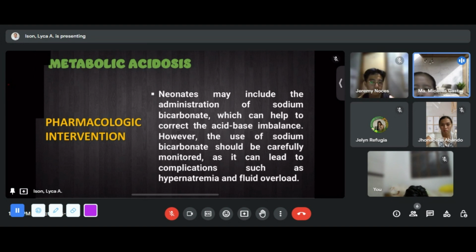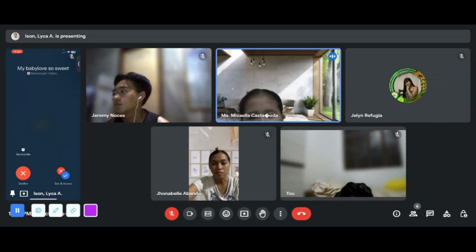So, pharmacologic intervention in neonates may include administration of sodium bicarbonate, which can help to correct acid-base imbalance. However, the use of sodium bicarbonate should be carefully monitored as it can lead to complications such as hypernatremia and